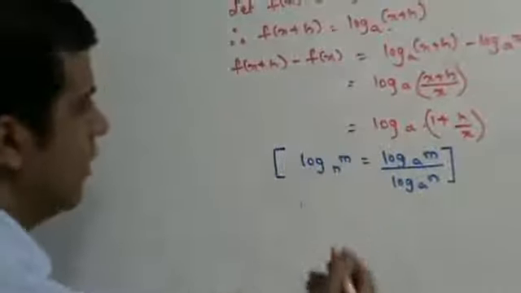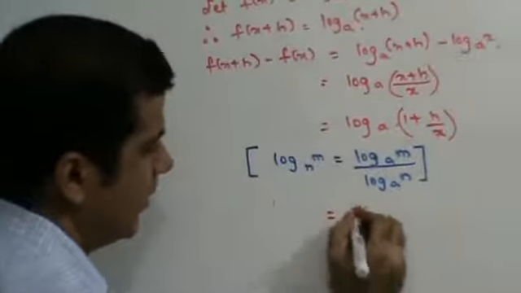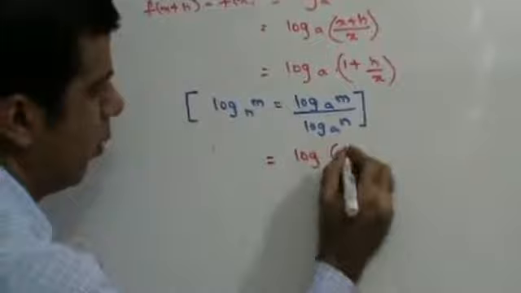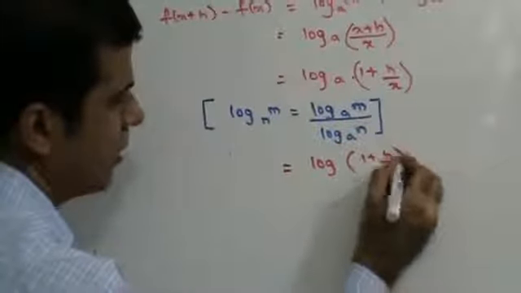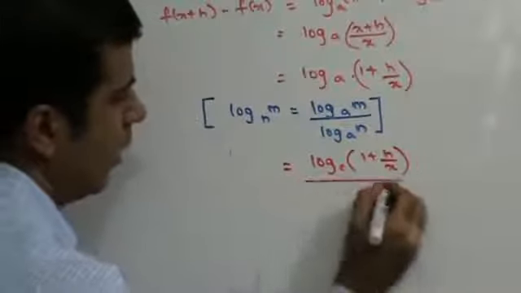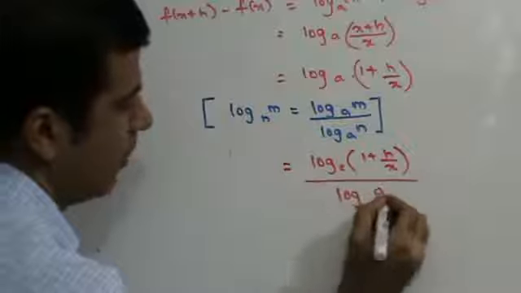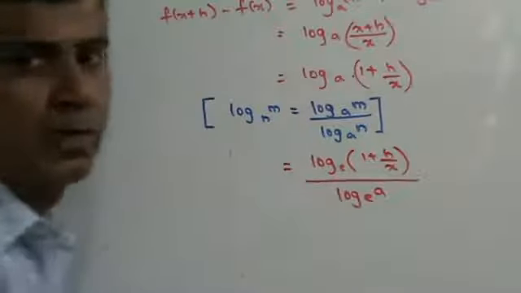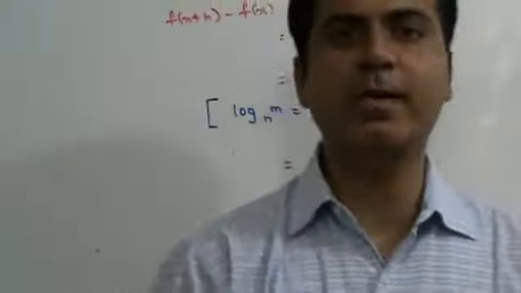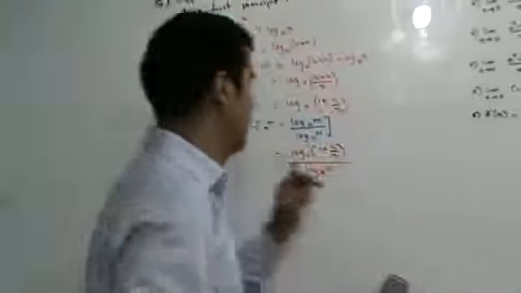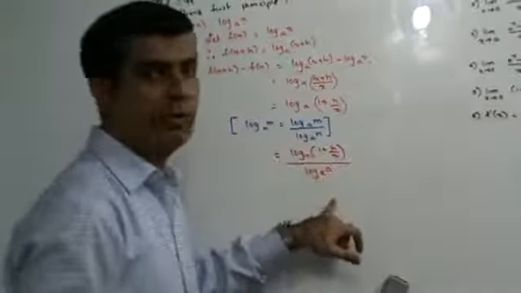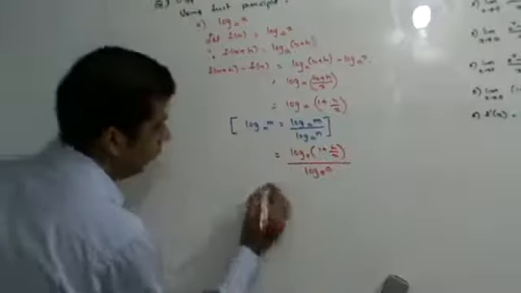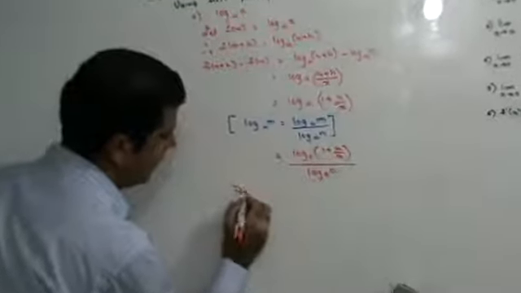Now, if I use the change of base rule here, this can be written as log 1 plus h upon x to the base e upon log a to the base e. Now, when we are doing maths, generally we never write the base e. So, whether I write the base e or not, it does not make a difference. Now, use the first principle. I can say by first principle,